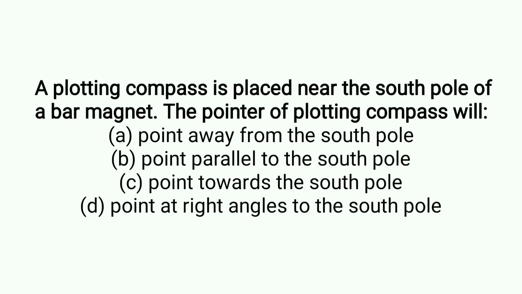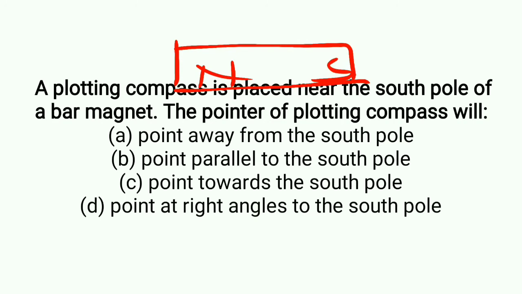A plotting compass is placed near the south pole of a bar magnet. The pointer of the plotting compass will. So here we have a bar magnet. This is south, this is north. So we have kept the plotting compass near the south pole of a bar magnet, and the pointer